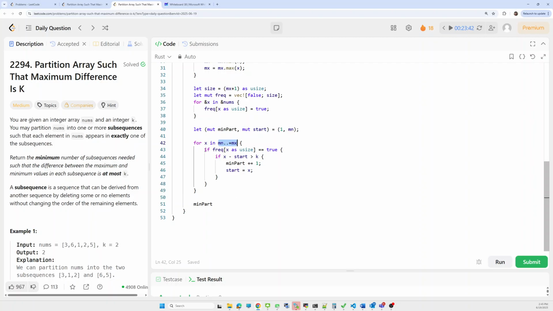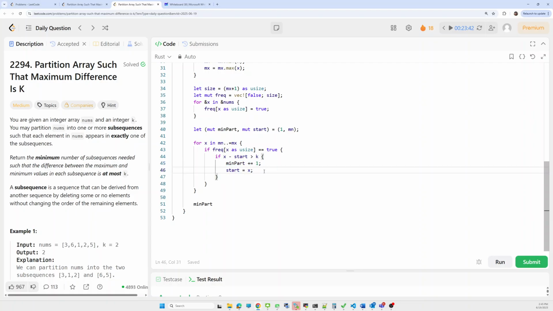Here we'll check if this x is present. If x exists in the nums array, then we look forward. We have to look at the difference between the current element x and the starting element. Start will point to the minimum element in that partition. Is it greater than k? If it is greater than k, then we increment the partition by 1 and mark the starting value by current x.